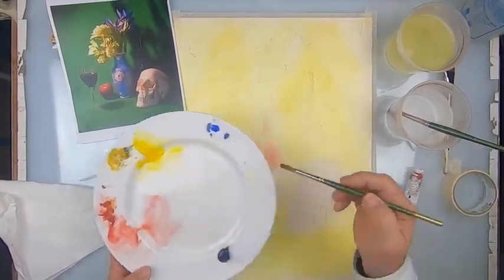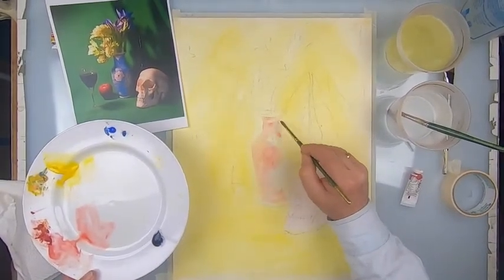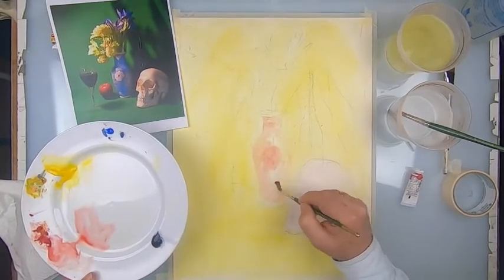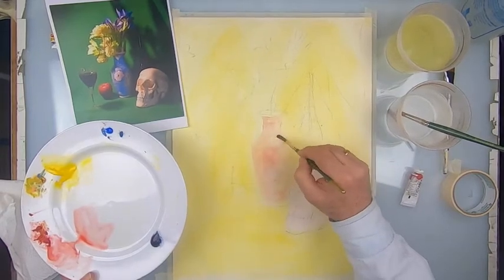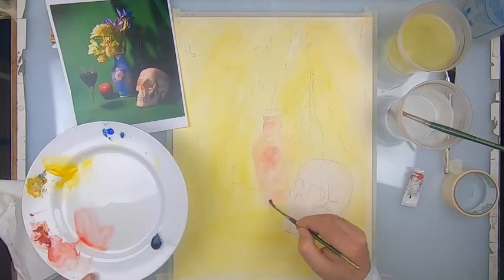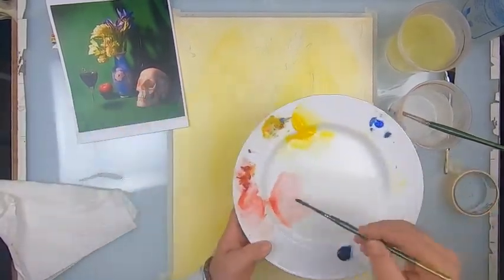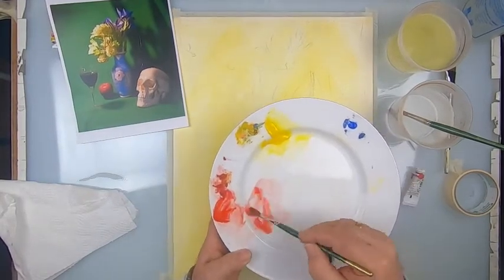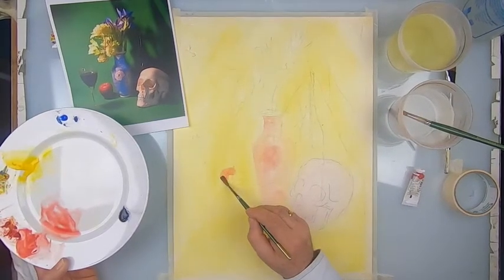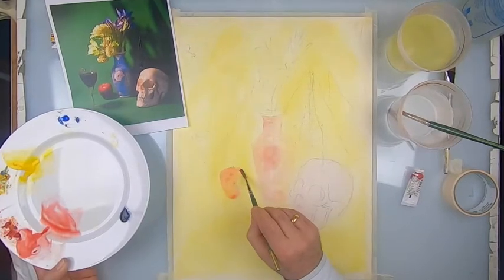And you'll see when we put that blue over the top of the vase, it's going to do exactly what we want. The vase has sort of a purplish hue to it, right? So it's that blue and the red that's going to make that purple, right? So there's our vase, and I'm going to put in the red color nice and strong on our apple. Okay, first layer, strong but thin,